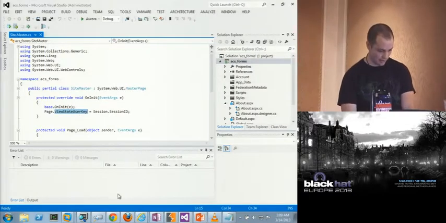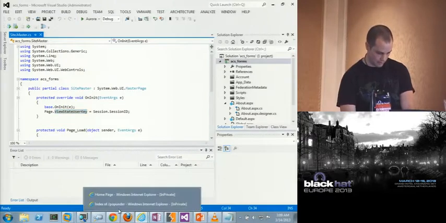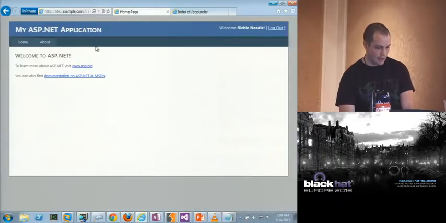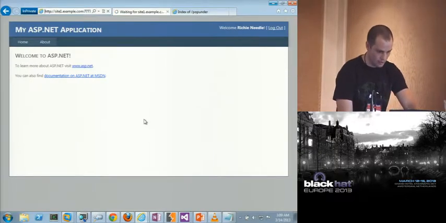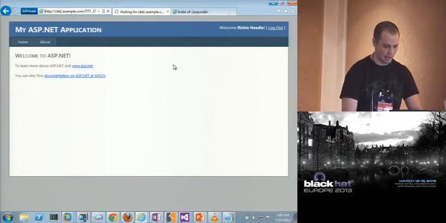Well, how does this look in real life? Here's IE user. If we visit this example.com page, unfortunately, my auth expires too fast, so it might ask me to re-auth.